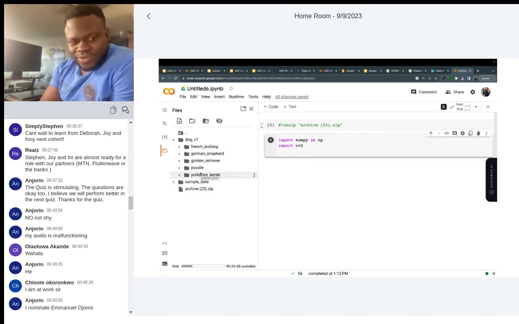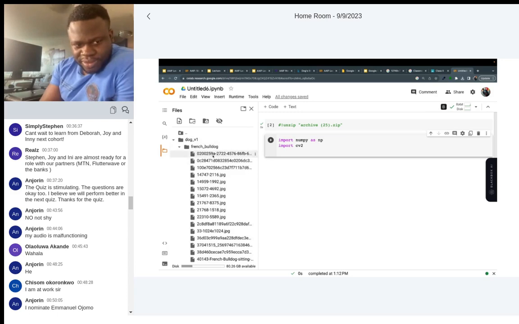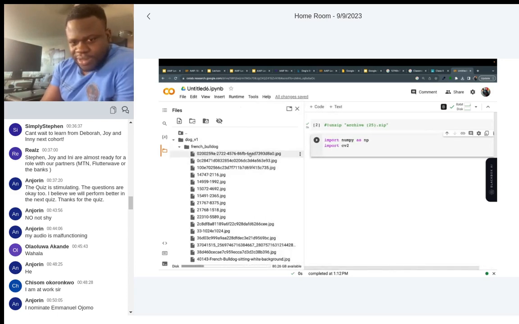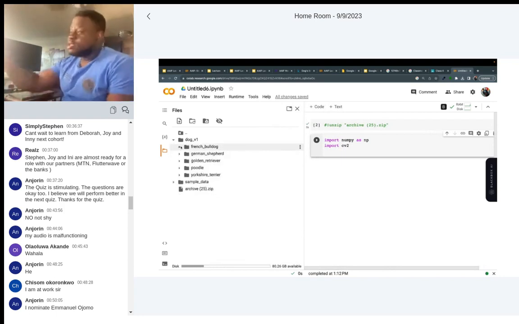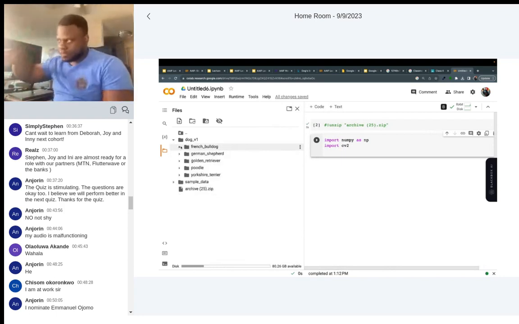It's telling you the category of data you have. For the French bulldog, it contains data pertaining to French bulldogs, pictures and some other things in it, like JPEGs. Python is zero indexed.